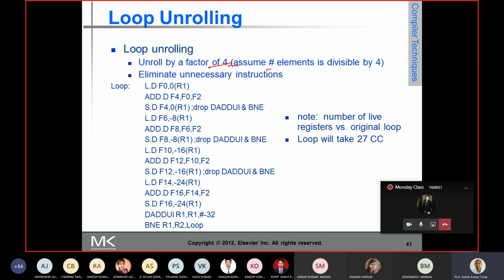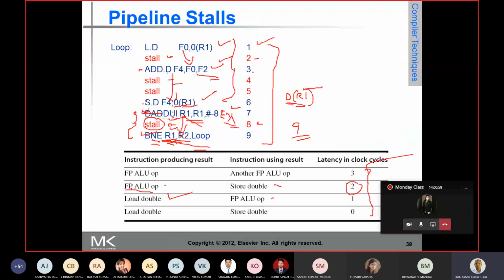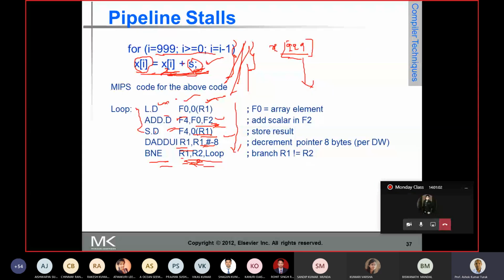When you unroll it and eliminate the unnecessary conditions, let's look at the original instructions and schedule. If I unroll this one, I'll replicate it 4 times. How many instructions are there? 1, 2, 3, 4, 5. So if I replicate by 4 times, I will get 20 instructions, since all instructions are repeated. Now, these 2 instructions are actually overhead instructions. If you are replicating it, you need to remove this overhead instruction, and when you remove it, you also need to readjust the terminating condition.